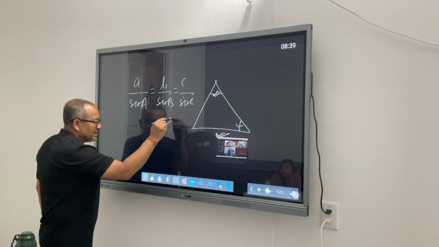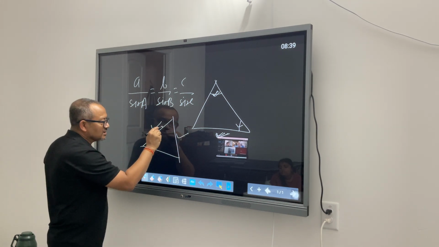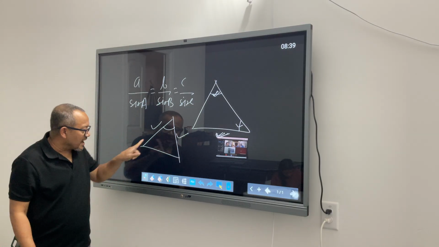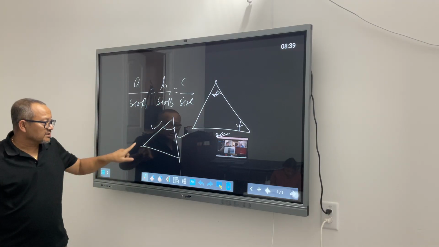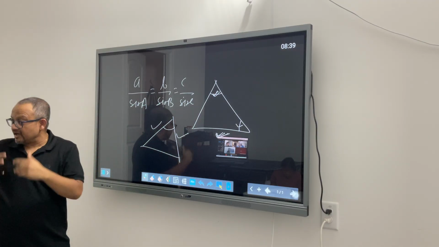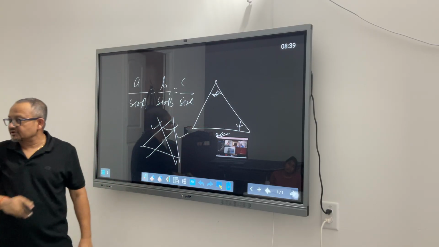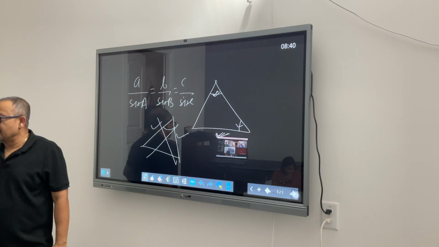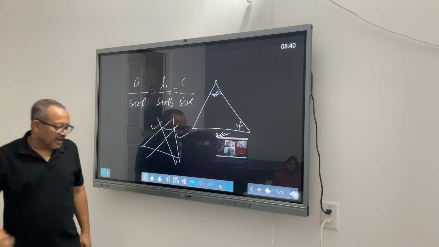If you ever see, look at this situation. If this side is known, this side is known, this angle is known. See, none of the sides opposite angle are known. When sides opposite angle is not known for any of the combination, you don't have a choice to use law of sine. Yeah? Am I being clear? Yeah?